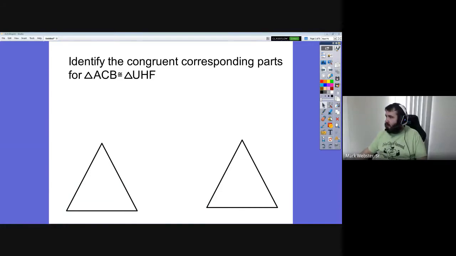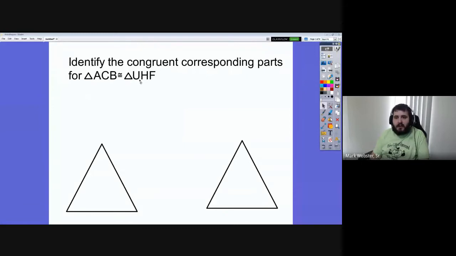Let's talk this through. As we are attempting to identify the congruent corresponding parts, it might help, you don't have to, but it might help for you to actually draw out the picture so that you can see what's going on, right? You can totally do everything you need to do straight from this congruence statement, but some of you, like me, are more visual people. So I'm gonna draw these two congruent triangles out, and I'm gonna say, all right, well,